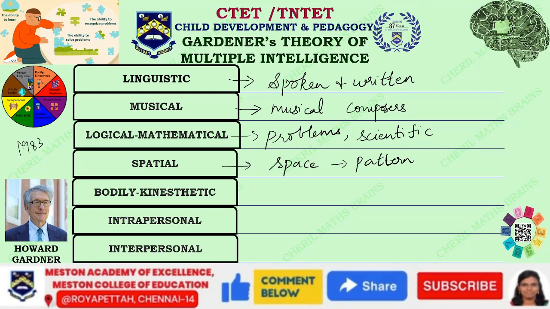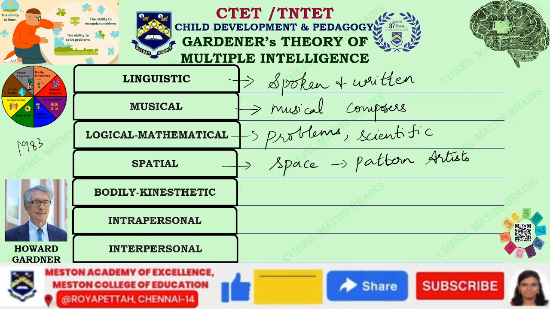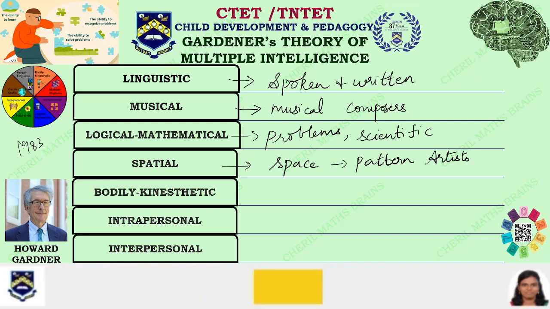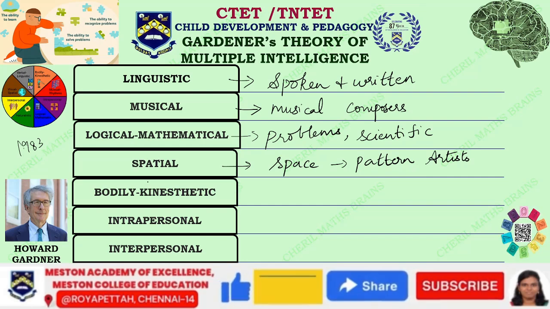You need to understand those patterns in order to understand something a little more. So who has these? Artists have this. If a person is going to be an artist, he should be able to know how well he can fix a particular object in the given space. So that is the skill of an artist. Designers, architects, all these people are expected to have a little more of this spatial type of intelligence.